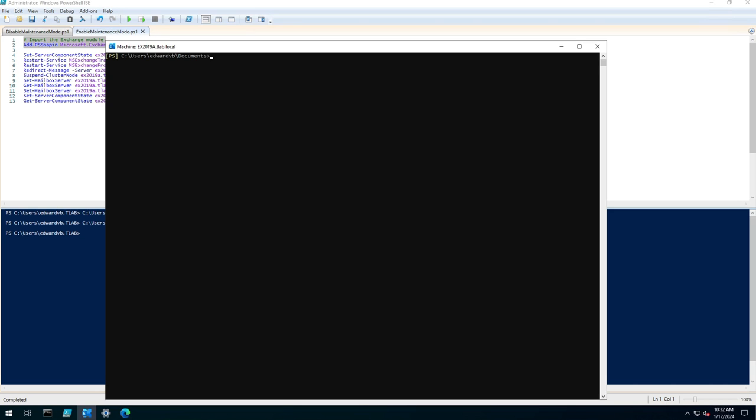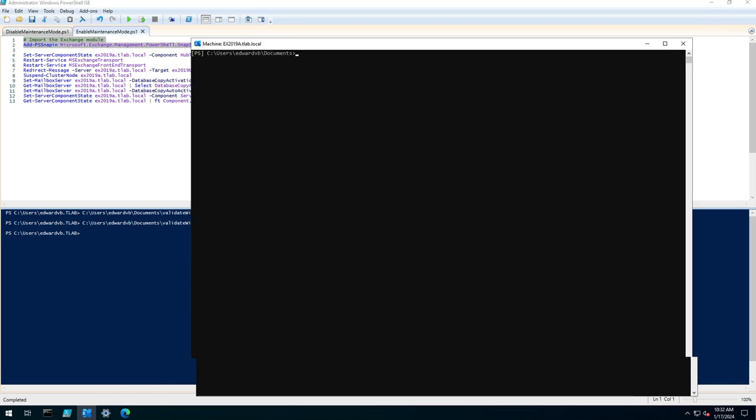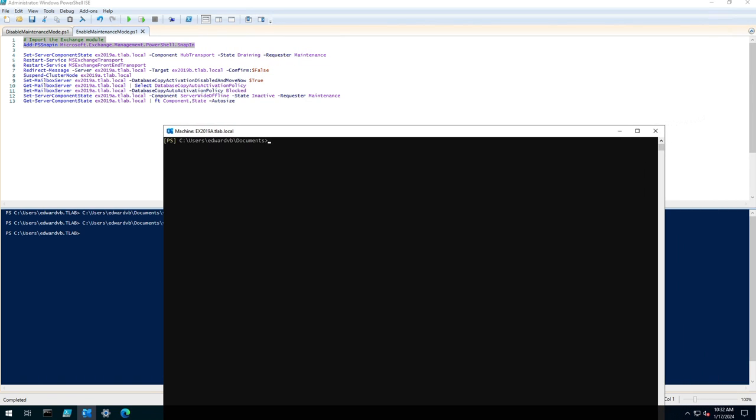So what I've done is I have created the scripts. Here they are in the background, and we'll quickly step through what they do. We're setting the server component state for the fully qualified domain name of the server. We're setting it to drain, and obviously we're telling it it's going to maintenance mode. We're restarting services, and then we are telling everything on server 1 to go to server 2, and then we're